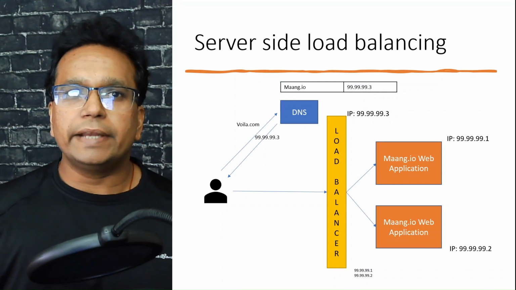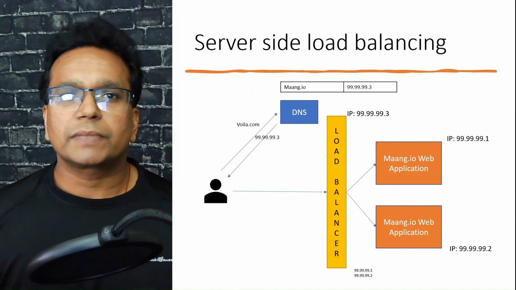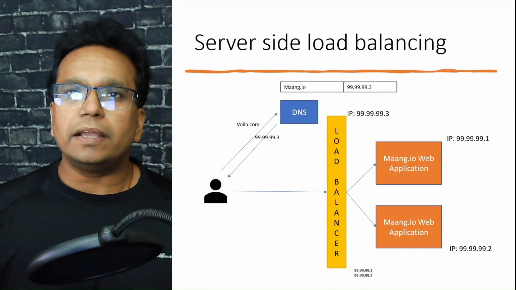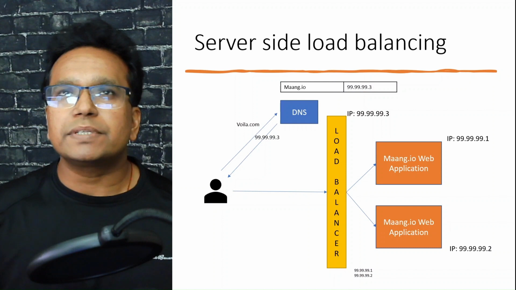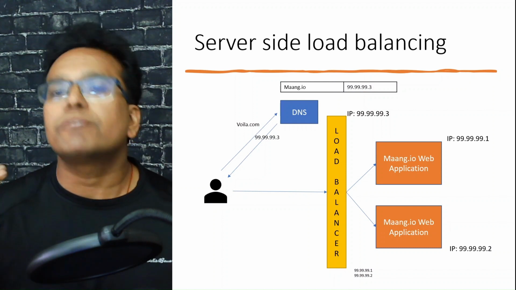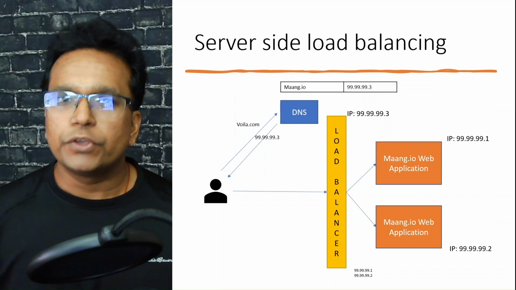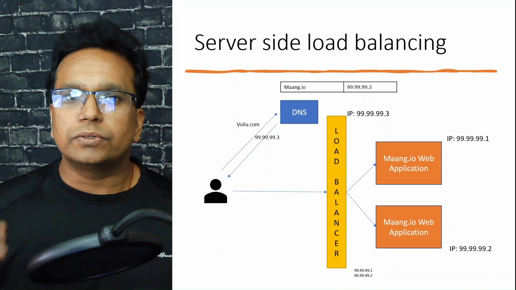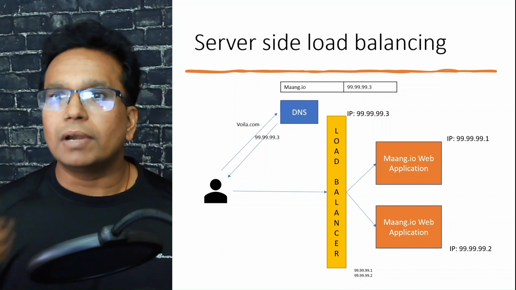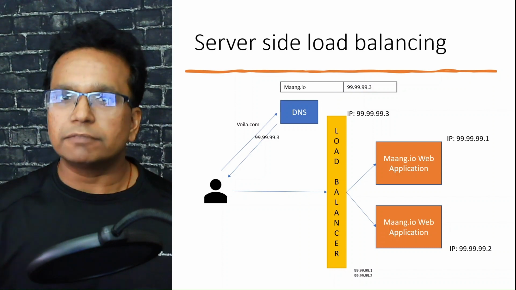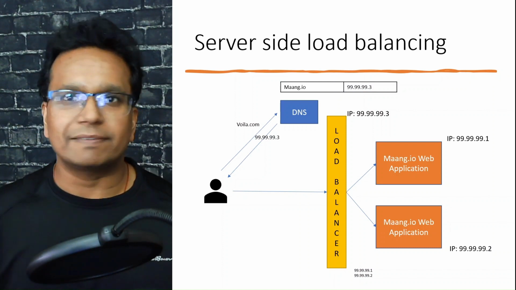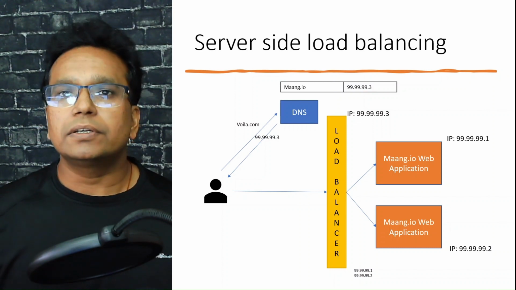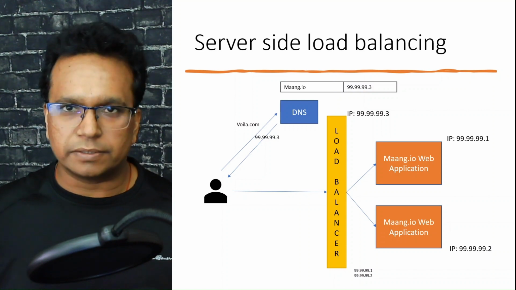So we have two different types of server side load balancers. When we say two types, the types come from which layer of the OSI model those load balancers work at. We know that we have 7 layers in the OSI model, and a load balancer that works on layer 4 is called an L4 load balancer, and the load balancer that works on the L7 layer is called an L7 load balancer. So now let's take a look at the different L4 and L7 load balancers.